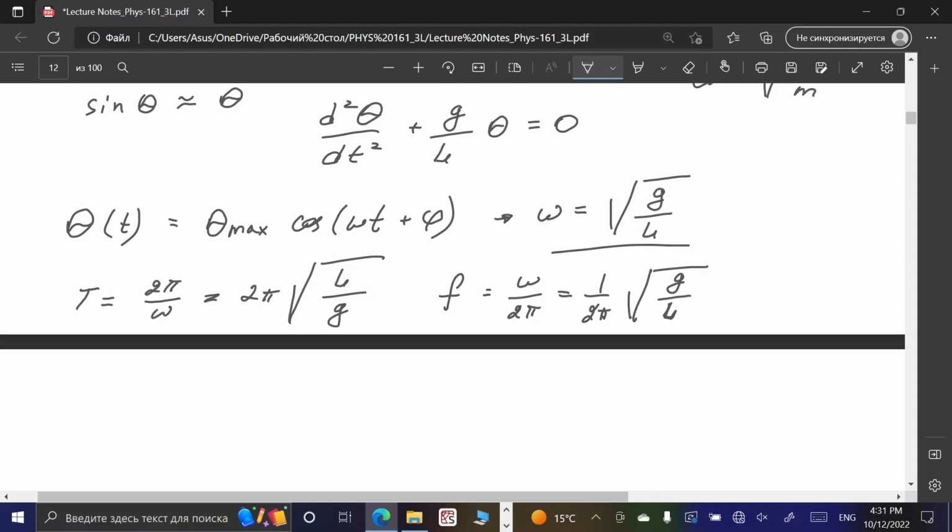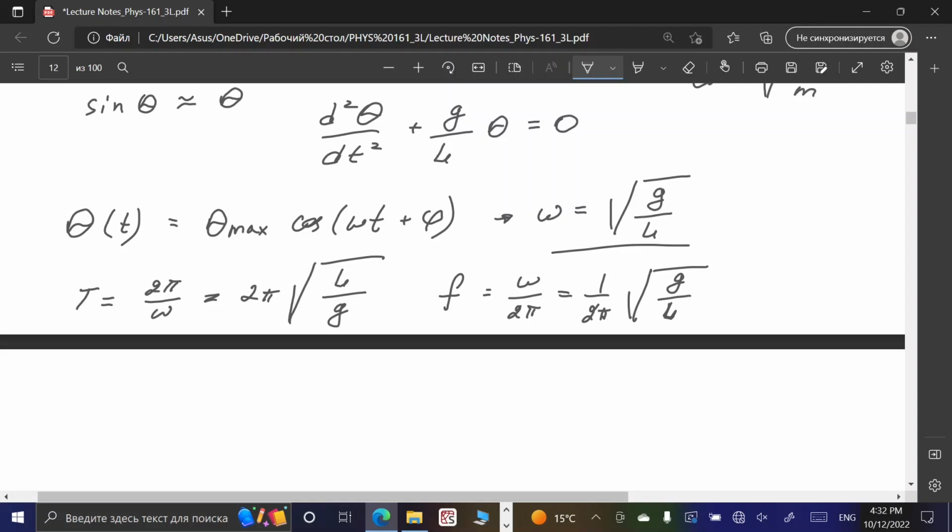It is really important to highlight that mass is not included. So no matter which mass you attach to this rod, if it satisfies certain conditions, first of all, mass should be much larger than the mass of the rod, and second, the deviation from the initial equilibrium position, this angle theta, should be smaller than 10 degrees, then the period is a constant,